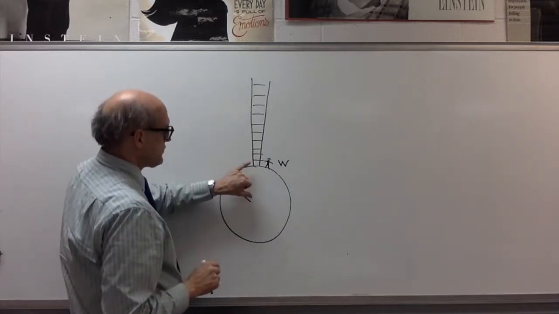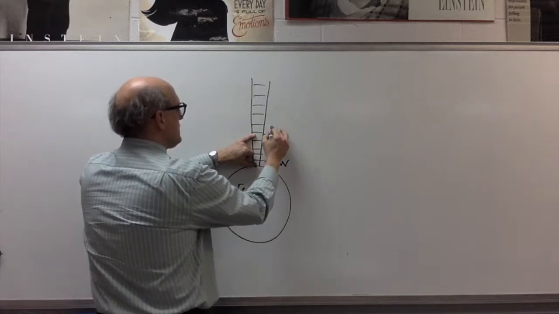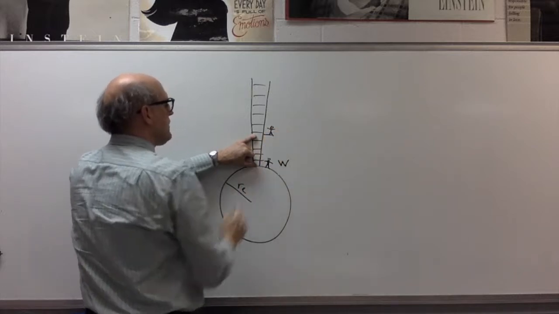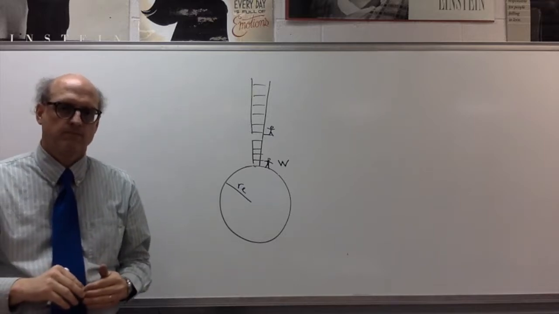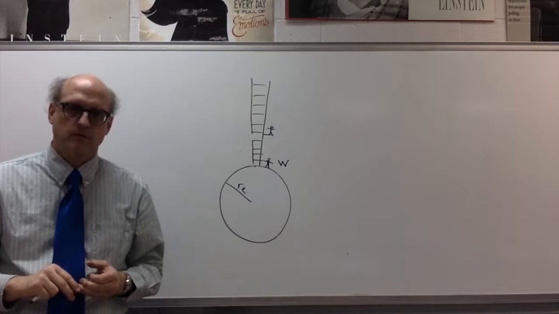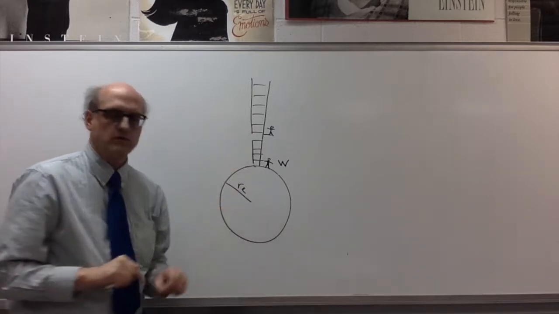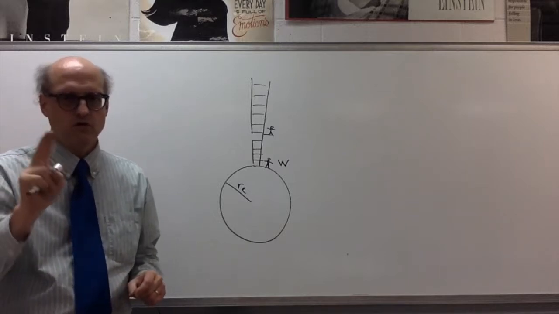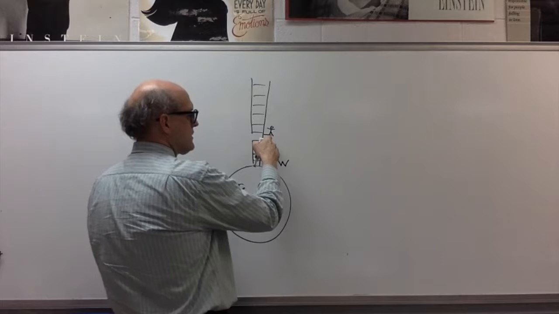So now suppose the person climbs up the ladder so that he's at a distance of 1 Earth radius from the surface of the Earth. Well, when we use Newton's universal law of gravitation, we can see that his distance to the center of the Earth is 2 times the radius of the Earth. So